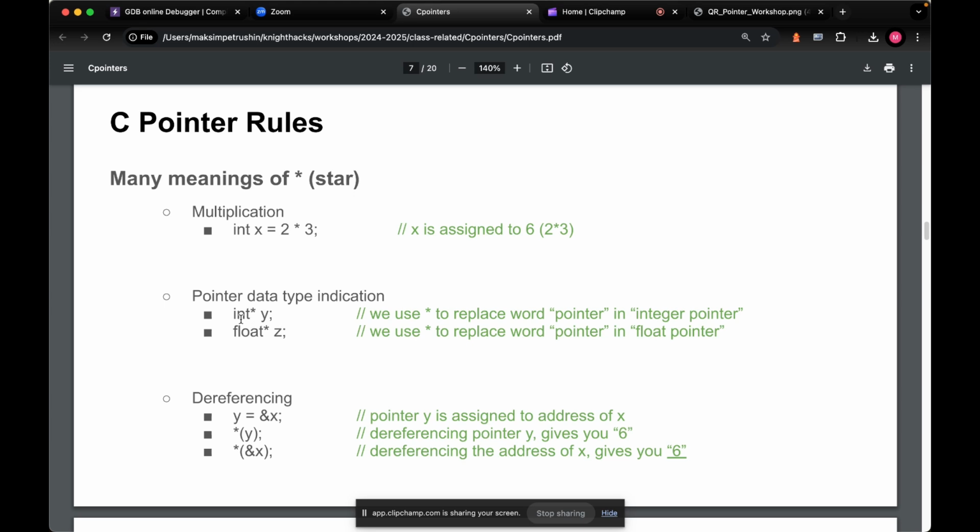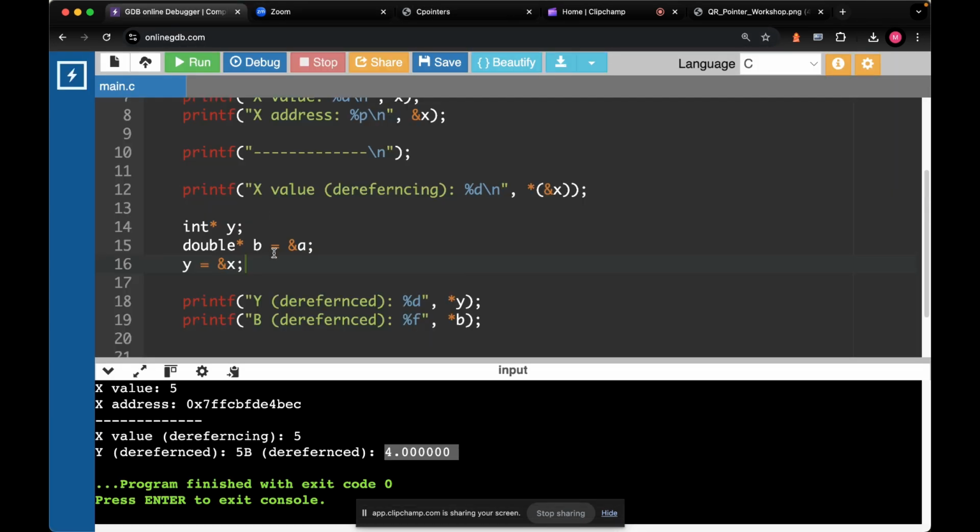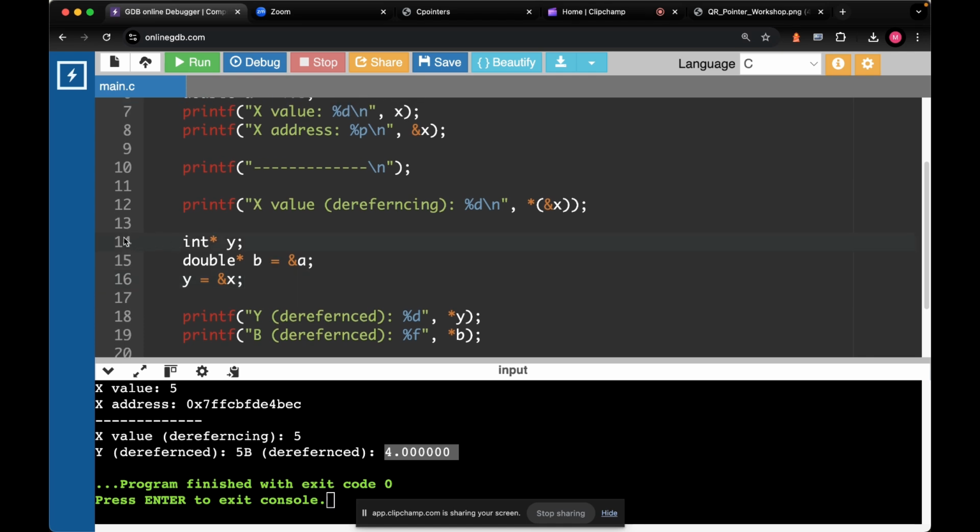By the way, integer star y, many people prefer to do it like this. Many people. So line 14 right here, please take a look. You're going to see a lot of code like this. It's a little bit not intuitive to me, but feel free to use whatever you think is more understandable for you at this point. But for me, it's just easy to do